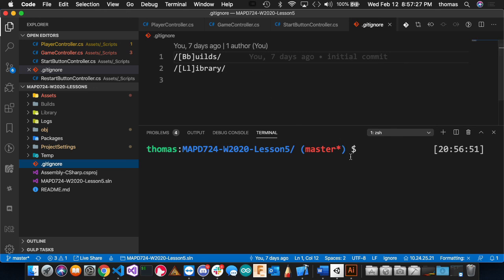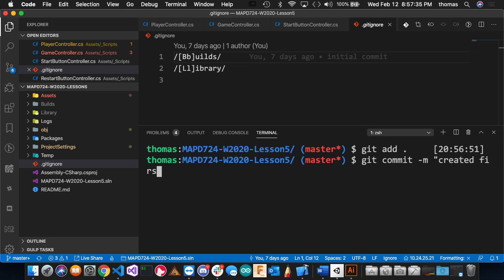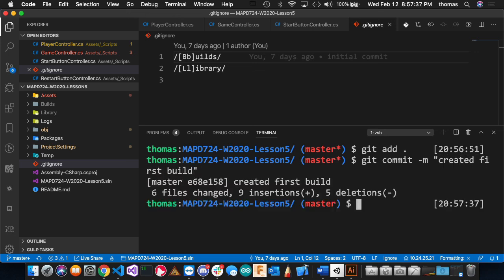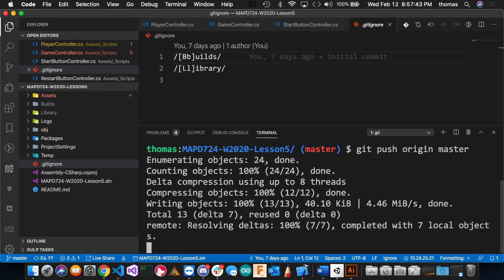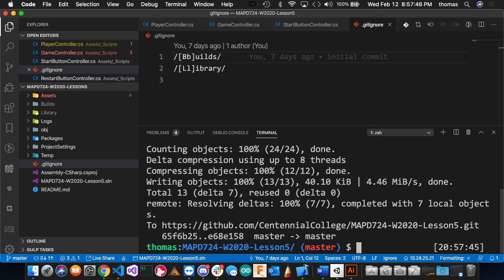So don't do that. I mean, I'm exaggerating, but git add ., git commit -m, and I'll say created first builds, git push origin master. Okay,